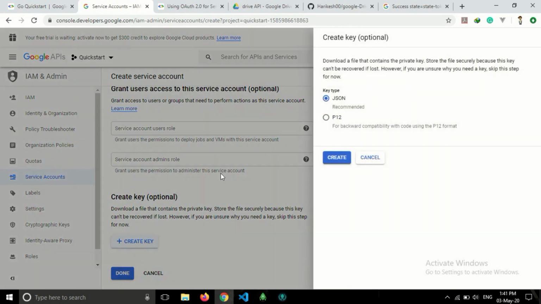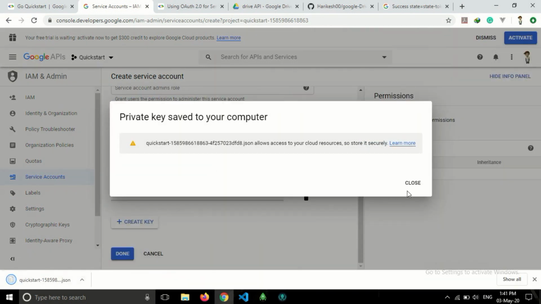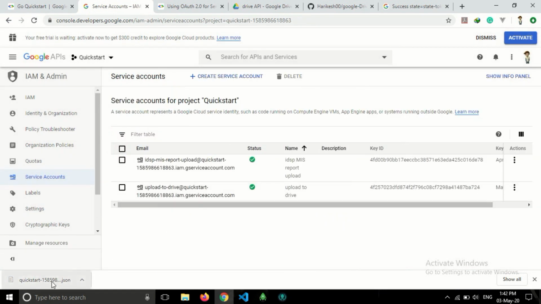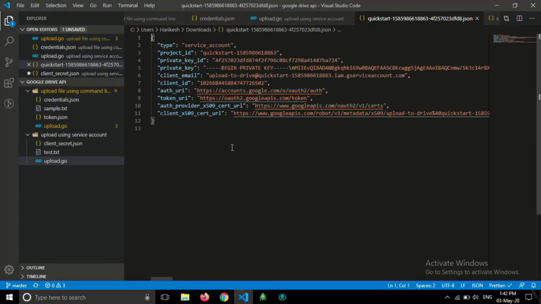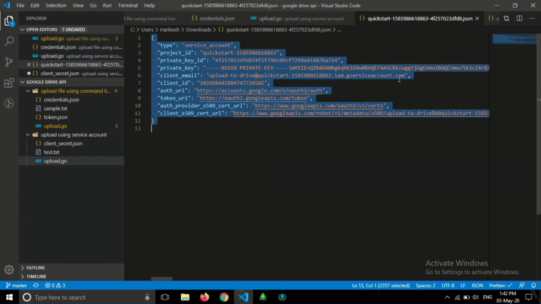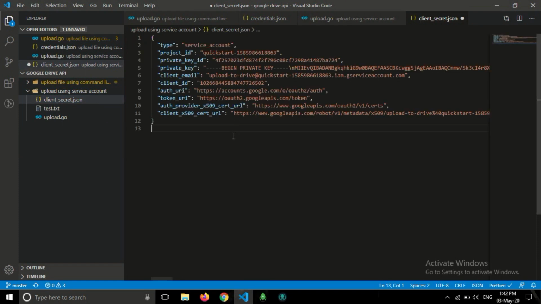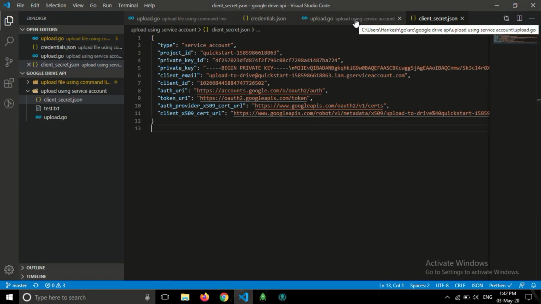Then create a key. It will ask for JSON or P12 file. So click on JSON and create a key. It will download a new file. Click on done. So it will look like this. I have already created the client JSON file. I'm just pasting it here.